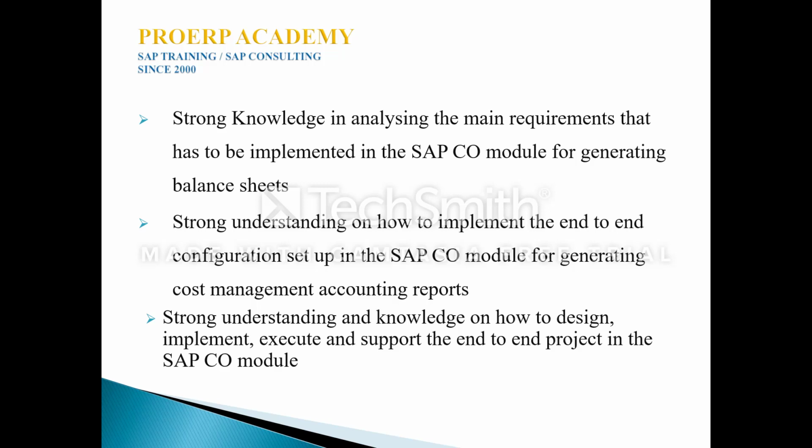And similarly, the major advantage is that once after completing successfully this SAP CO module, all the CO consultants are able to design, able to implement, able to execute, and able to support the end-to-end life cycle in the SAP CO module based on the client's requirement.